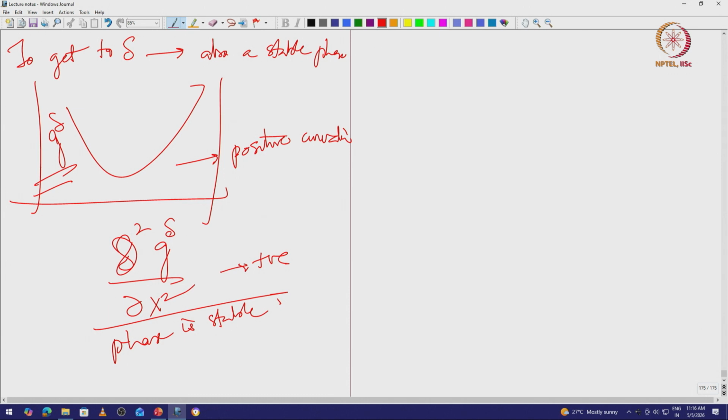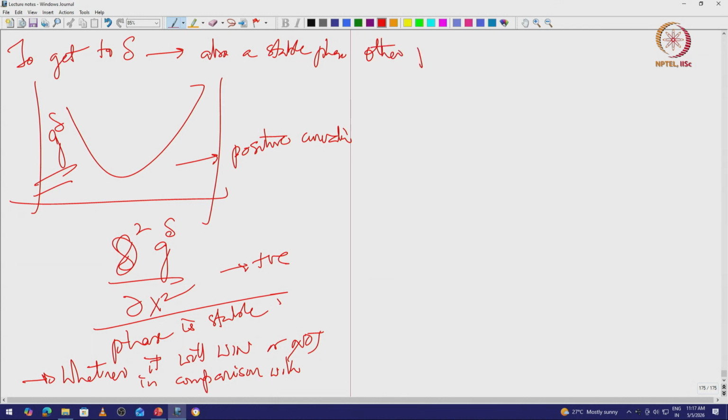Whether it will win or not, whether it is globally stable or not, is a different question. It will win or not in comparison with other phases. That is a different question, right. But it is a stable phase, this is stable, that is okay, but it is not globally stable,